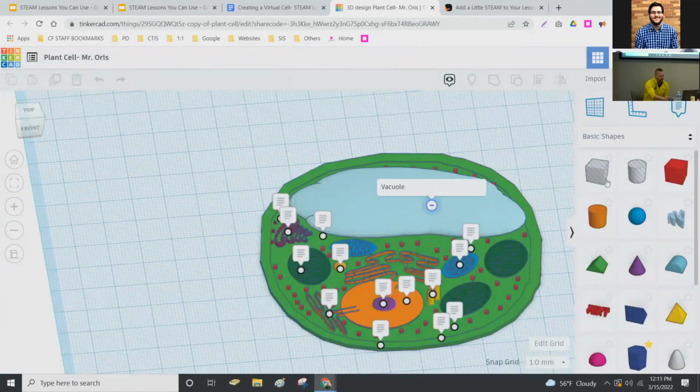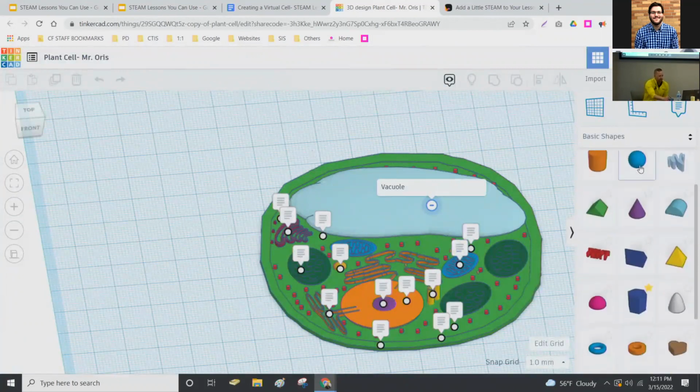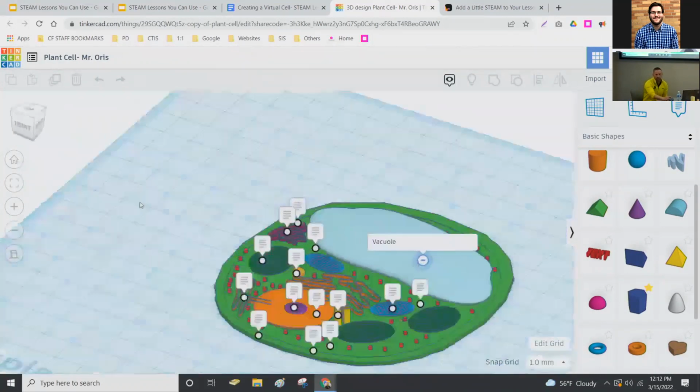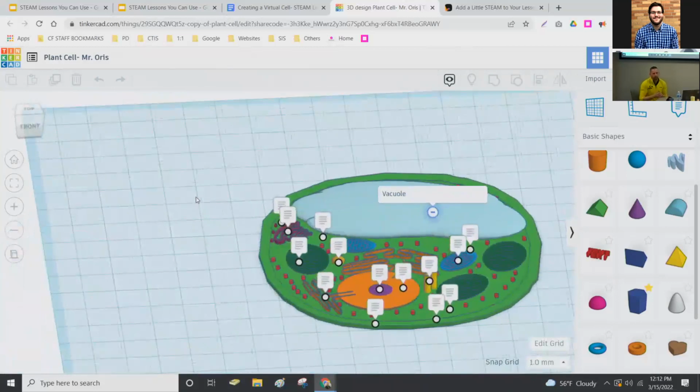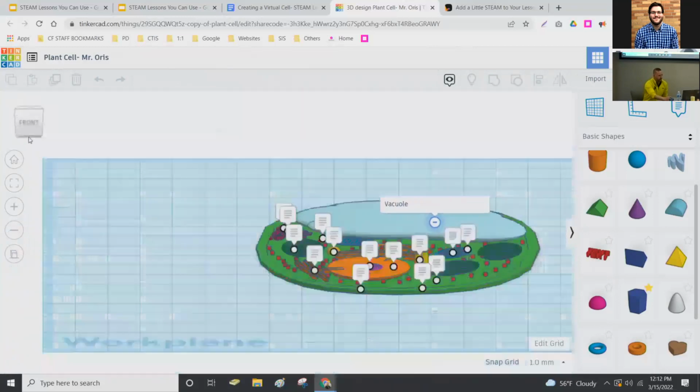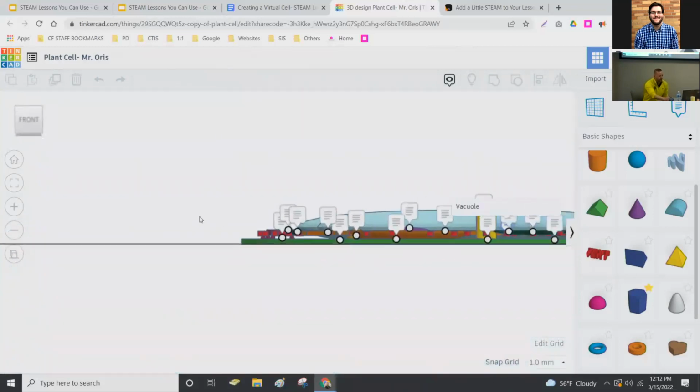And really, Tinkercad is just selecting basic shapes and dragging them and then resizing them. So the biggest part for anybody new to using 3D design is just that you're really looking at an object from a length, width, and height. Most kids are very natural with Google Drawings and doing objects. So this is the same thing. It's only teaching them to rotate your look. And with this little cube in the upper left, you can rotate top and bottom. You can zoom in and zoom out.